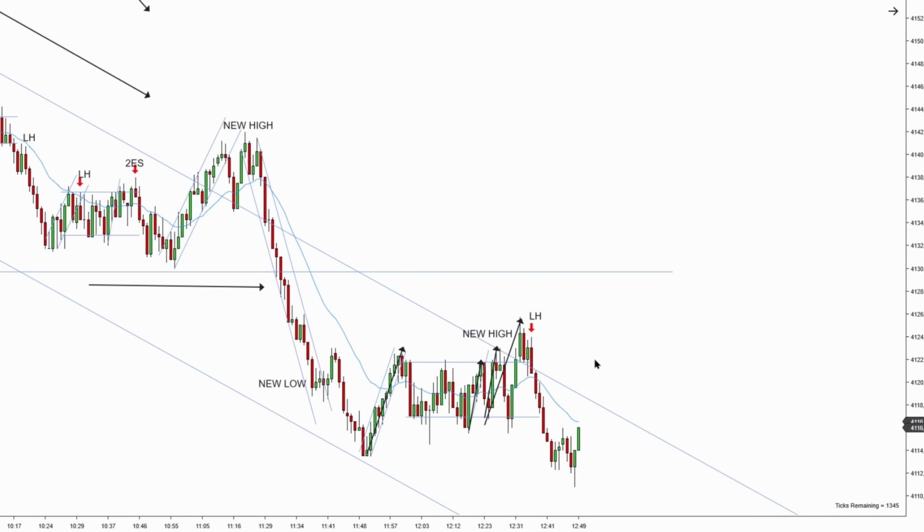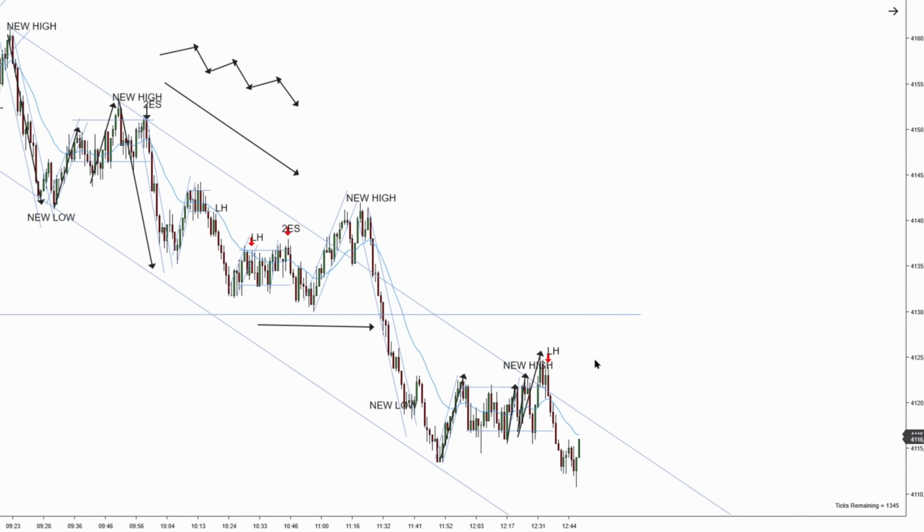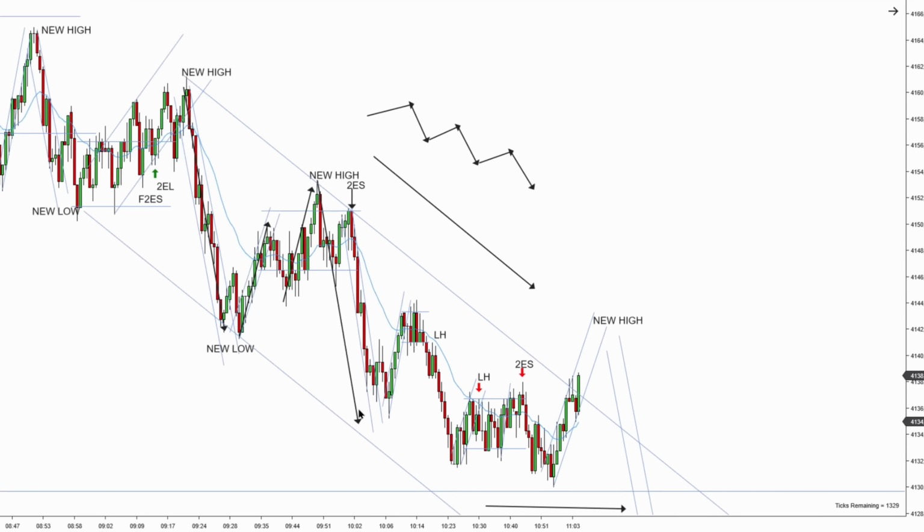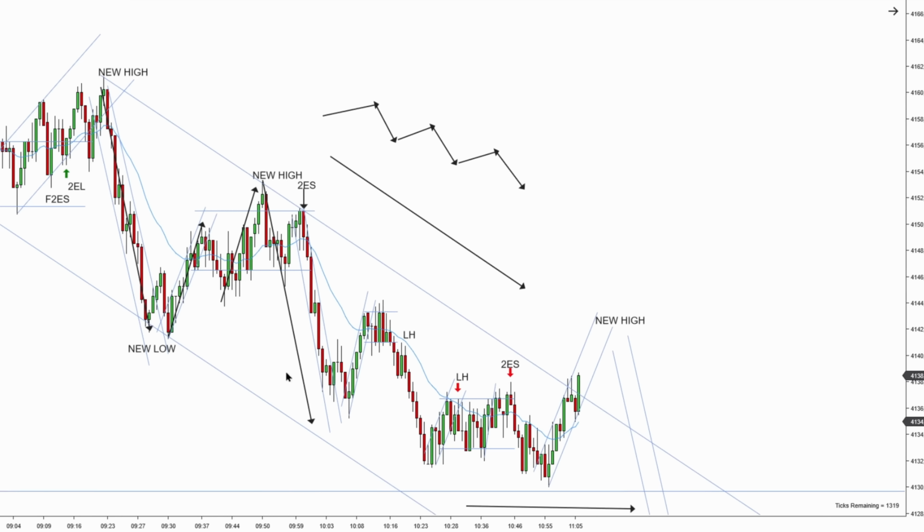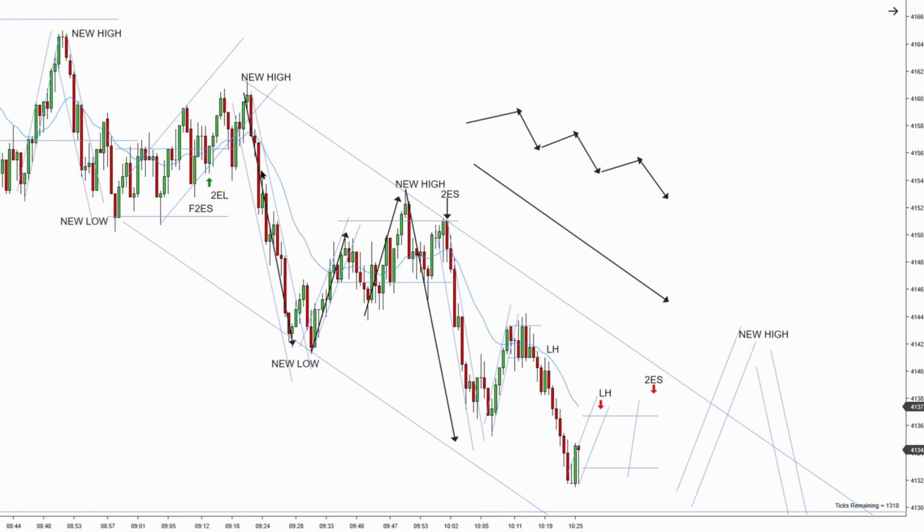And notice, I'm going to zoom back and walk you through this structure, why it was so difficult. This structure is quite unusual. We don't see a trend like this every single day. Notice the characteristics of this weak downtrend, and notice it all acts the same. You have a very steep spike down without a single touch of the EMA. And you have a larger two-leg pullback, and you have congestion.